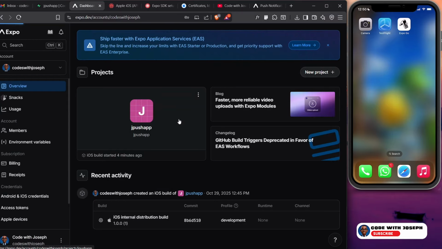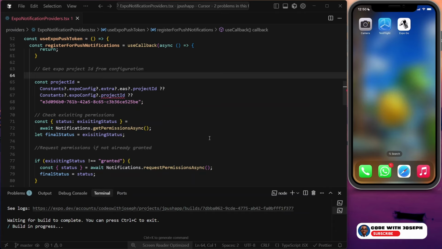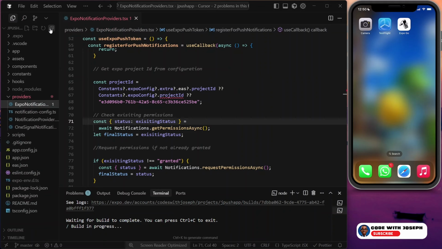And once you create a new project, you go here, we're going to copy this ID, head back to your project, wherever here you have Expo notification providers, for your project ID, remove this, paste what you just copied, head back to your